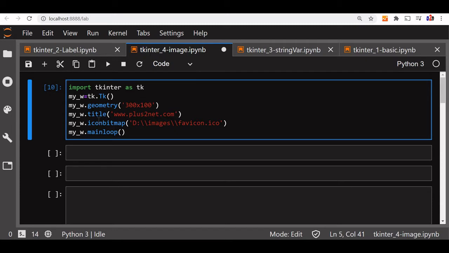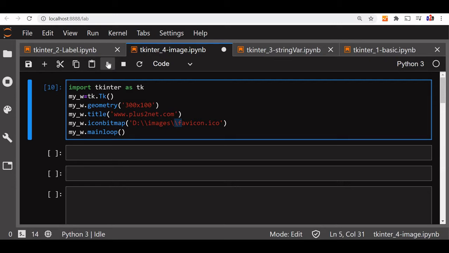If it is in the same folder as the script, then I need not give the entire path. Now you can see here I used two backslashes because a single backslash and F means form feed. So that will confuse and you get an error that file not found. That's why I have used it. And based on your system you may require a forward slash. So this is nothing but the path of the file where it is located.